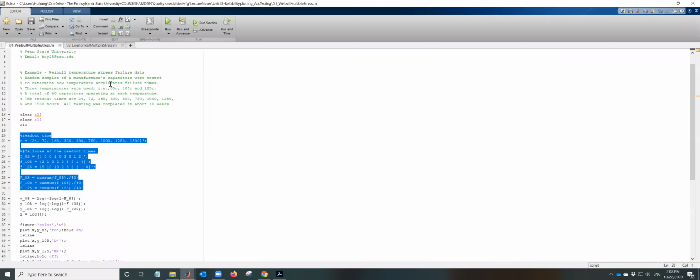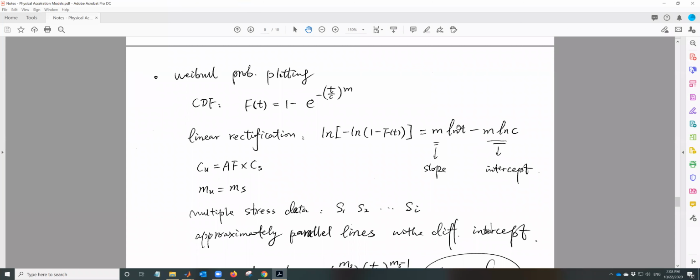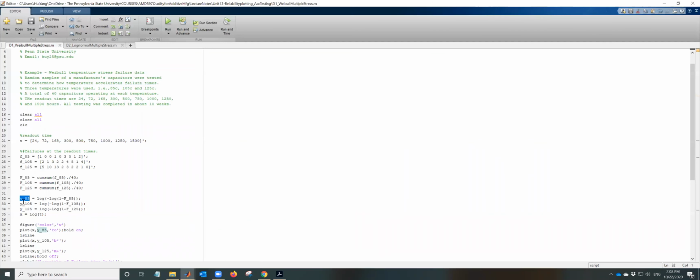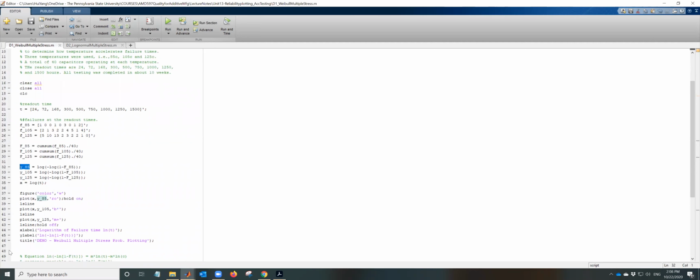We have 3 different stress conditions. So if we do the Weibull probability plotting, with the cumulative F, and we do log minus log 1 minus F(t), this will become our y. Now x is log t, as we just discussed. X is log t, y is log minus log 1 minus F(t). So on this side, this is y on the different stress conditions, this is x. If we plot them, they should follow